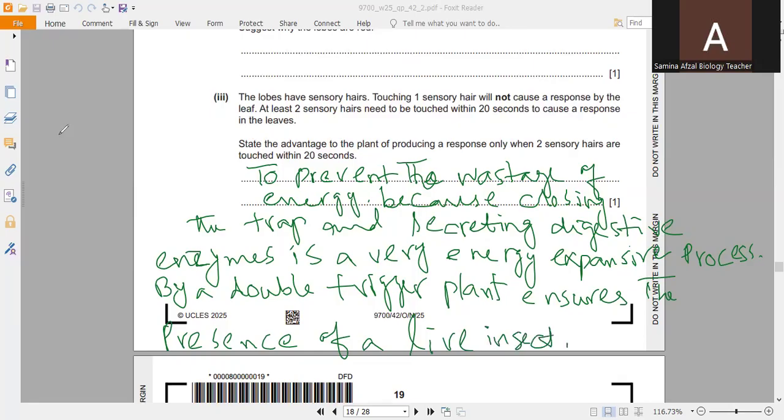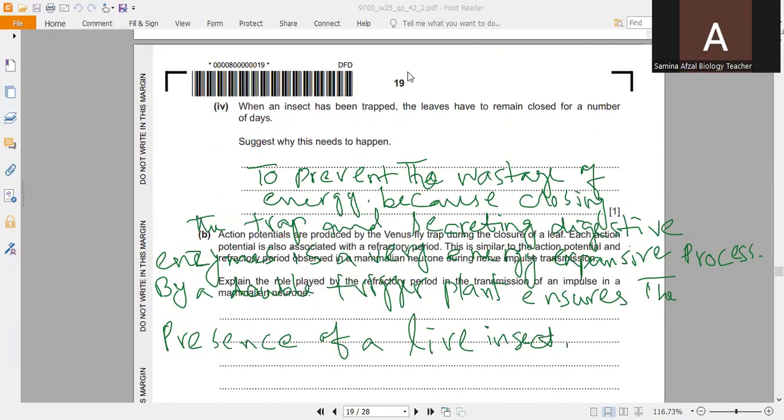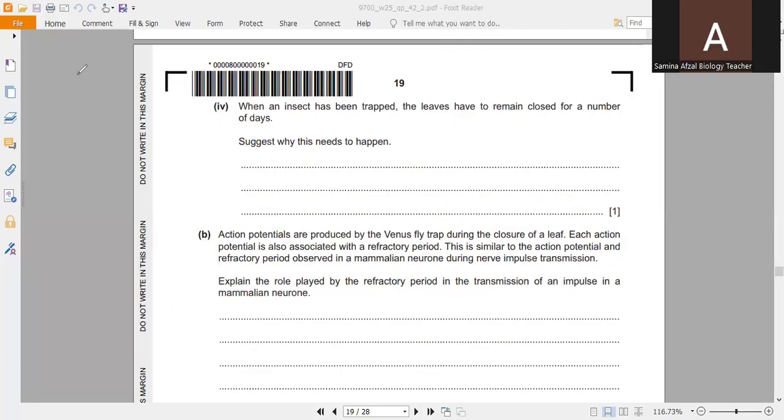I have written in detail, but you can also listen to my explanation for this. Part 4 of this question is: when an insect has been trapped, the leaves have to remain closed for a number of days. Suggest why this needs to happen. Definitely, for the process of